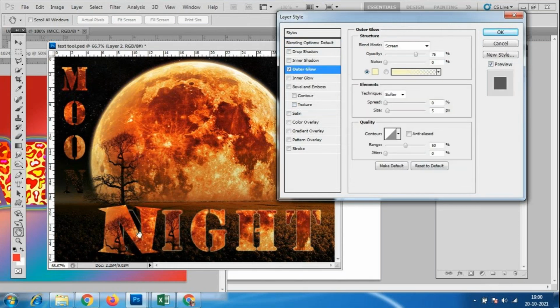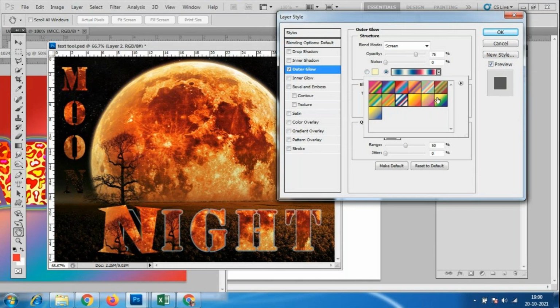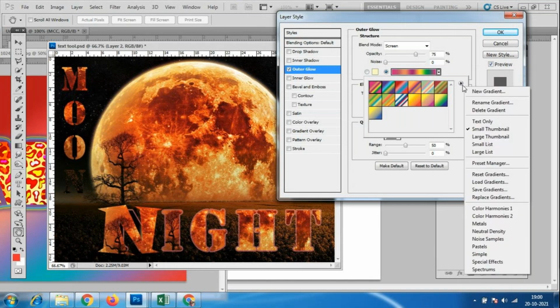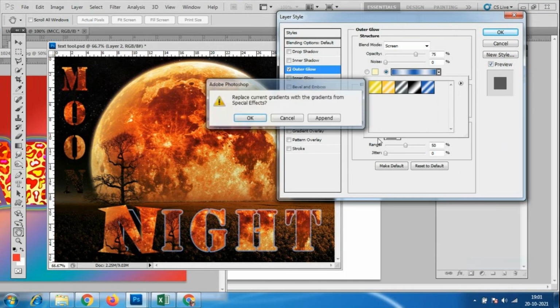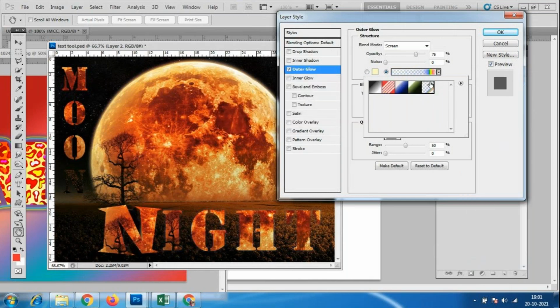So outer glow, look at this, how it is spreading. If you add the gradient, a different background will give a different kind of effect. You people already know the gradient tool and its different options. Whoever already tried it, in that we have the special effect of gradient.